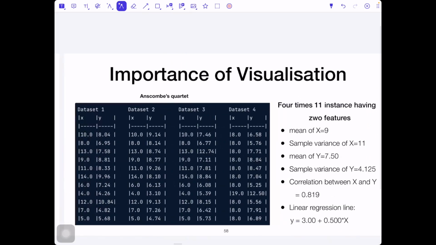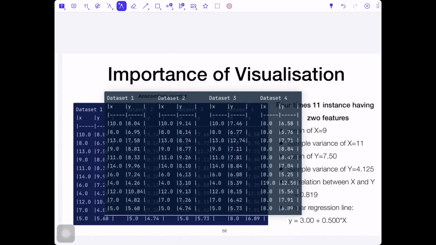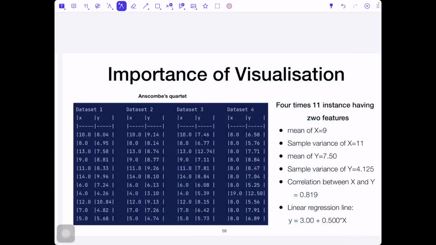You remember our classical example to show the power of visualization is this dataset, as you can see here. It's called Anscombe's quartet. You see again that we have 4 datasets. Every dataset includes 2 features, x and y, x and y, x and y. If we take the average, the mean, for x, it's 9 for every x.